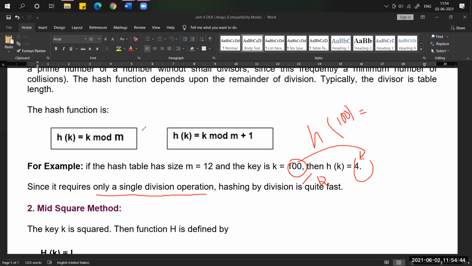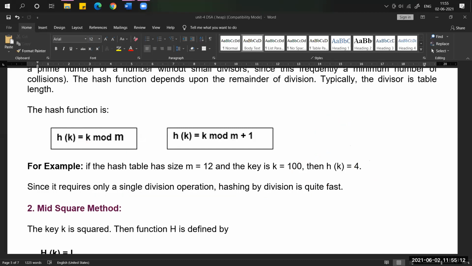Compared to the others, division is quite fast. If it executes fast, then we will get the index number quickly, so that we can store our key value in that particular location.